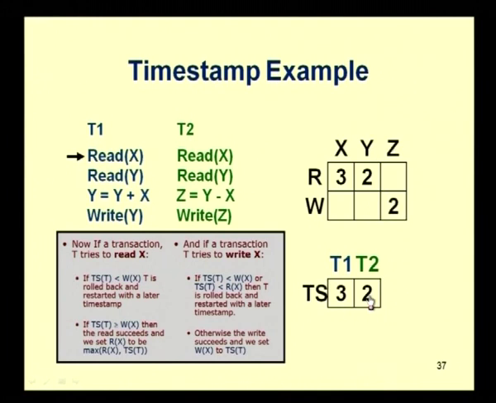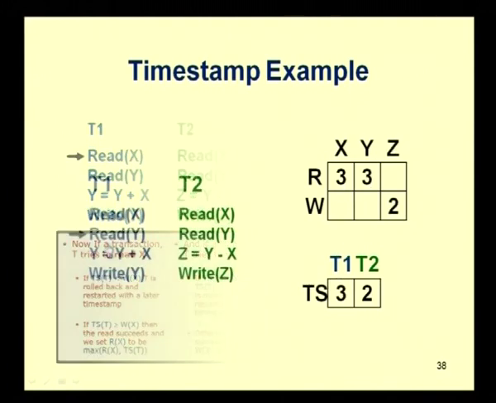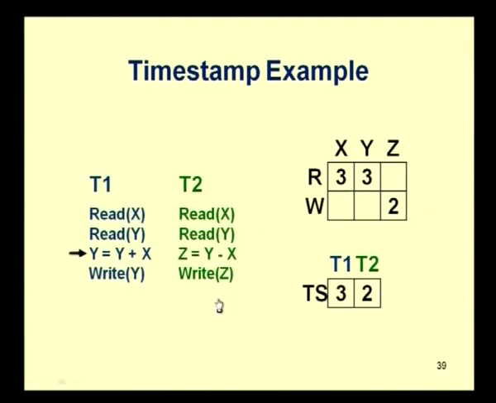Then again we go to read x. Now, when I read x, I get 3 here because this has been 3, and then read y also becomes 3, and this is okay. Now, this write gets 3. So, that is fine because read x is less than or equal to.